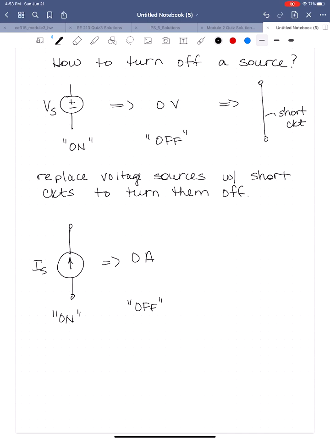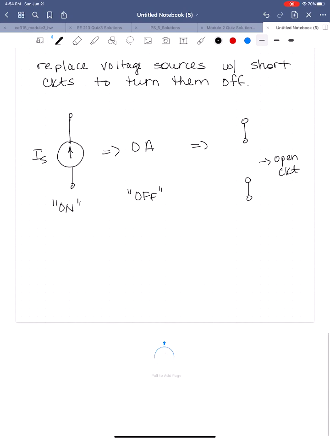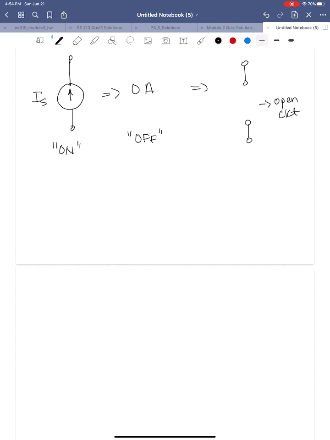So what does 0 amps look like? It looks like an open circuit. Open circuit, no current flows, current is 0. So to turn a current source off, we will replace the current source